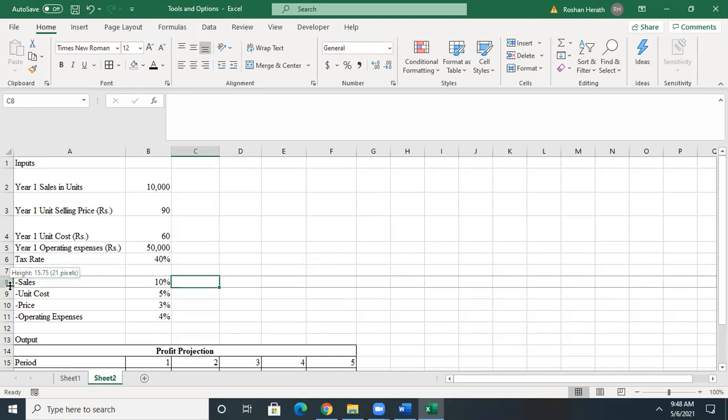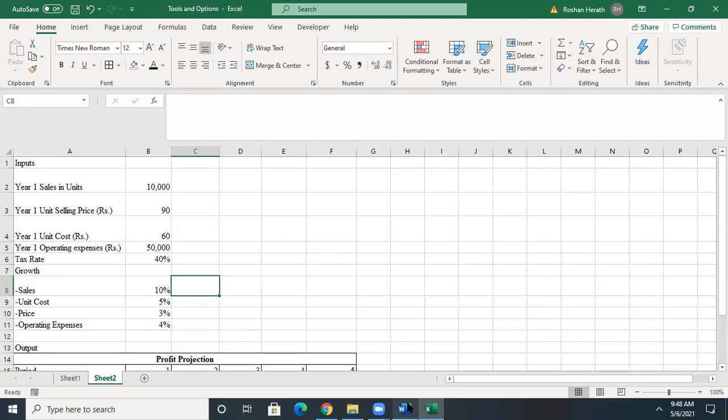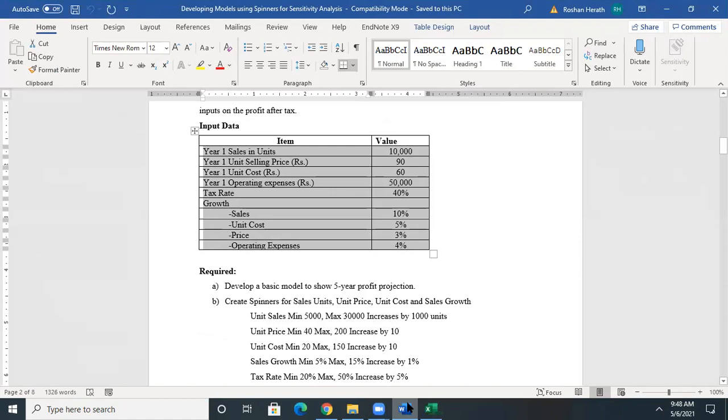You need to add a button over here. Sales growth. And tax rate